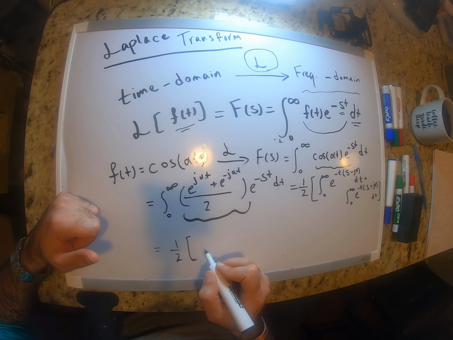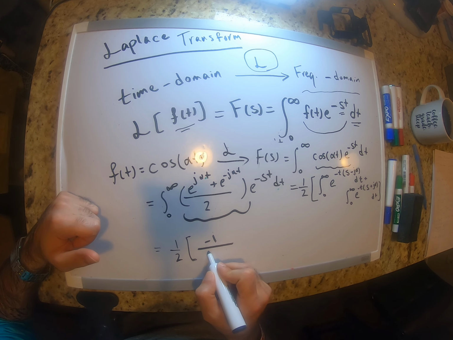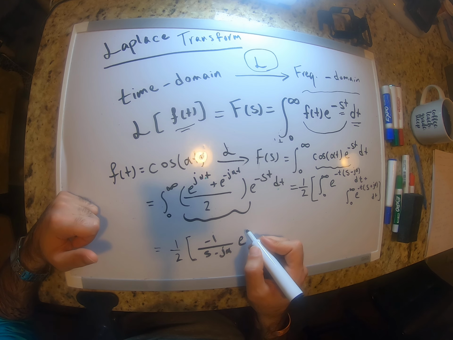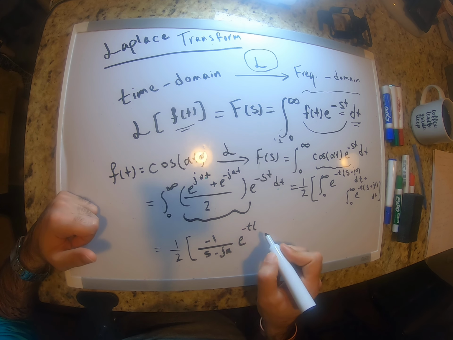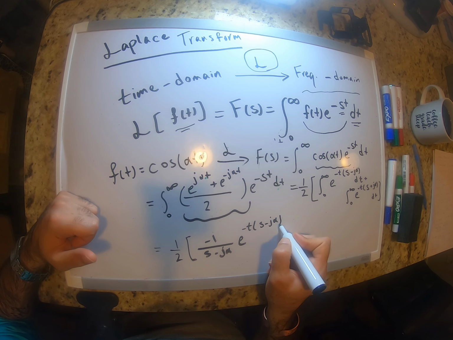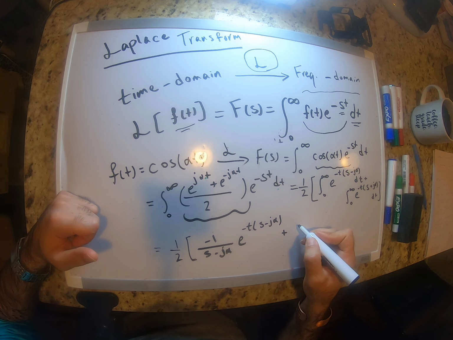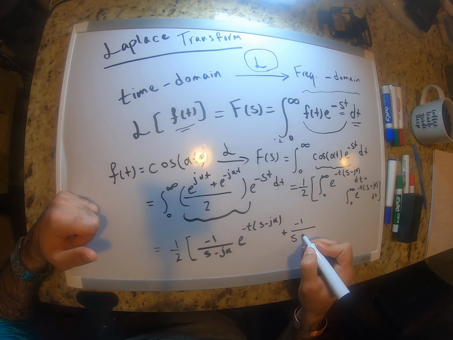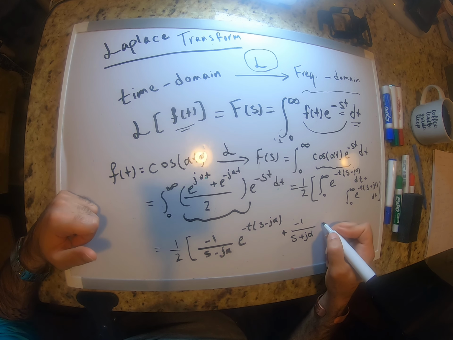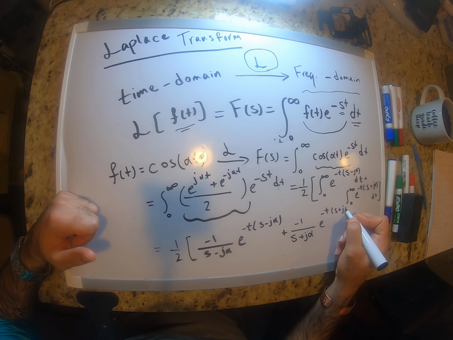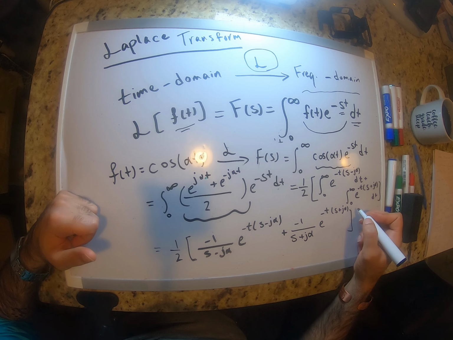by, multiplied by minus 1 over s minus j alpha e to the power, same thing, negative t times s minus j alpha, plus negative 1 over s plus j alpha times e to the power negative t times s plus j alpha, where t changes